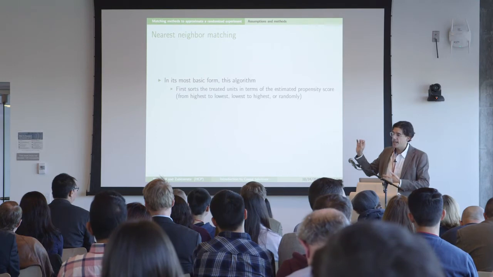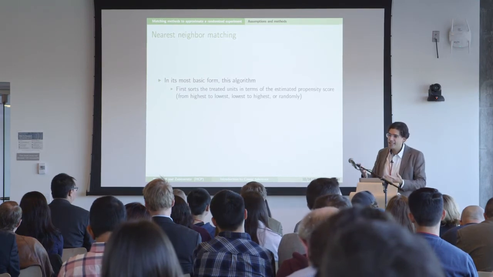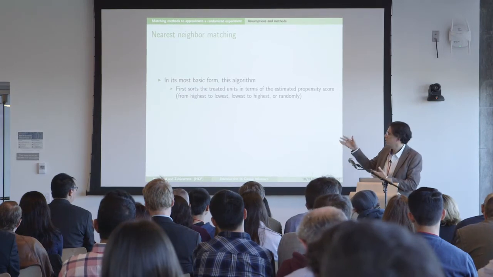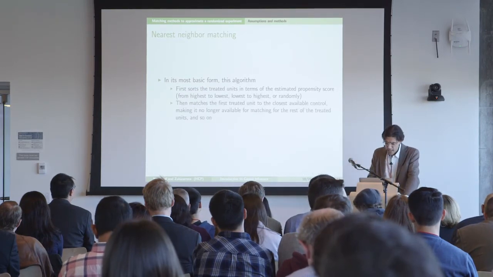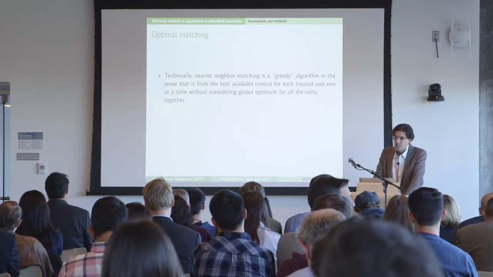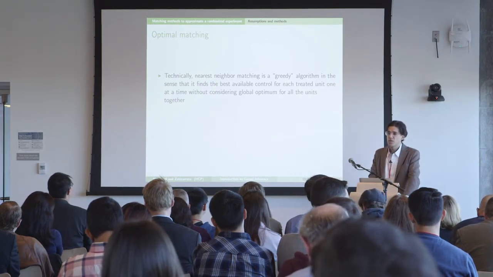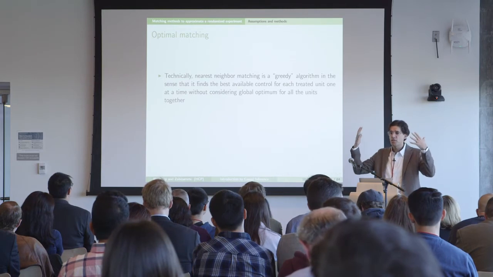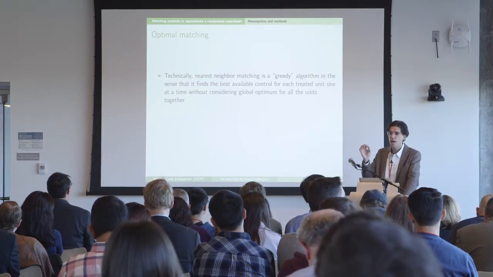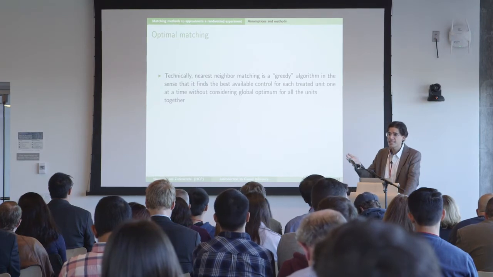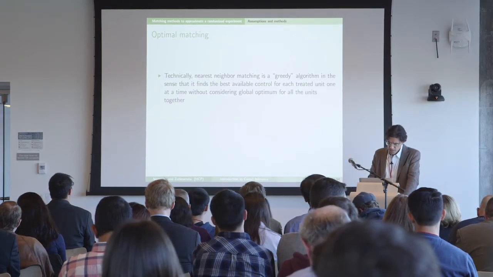Which is an algorithm that is quite handy, in the sense that you can run this algorithm very quickly, but it's not optimal. It's not optimal in terms of distances because you're not minimizing the total sum of covariate distances, you're making these one at a time best decisions. So you're not necessarily minimizing the distances. So then there's this literature